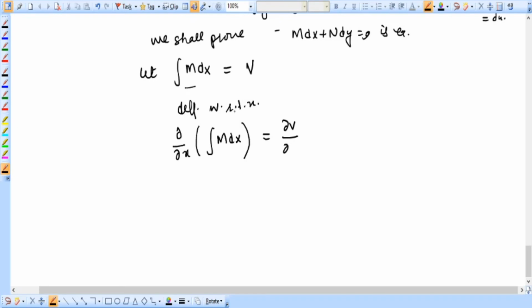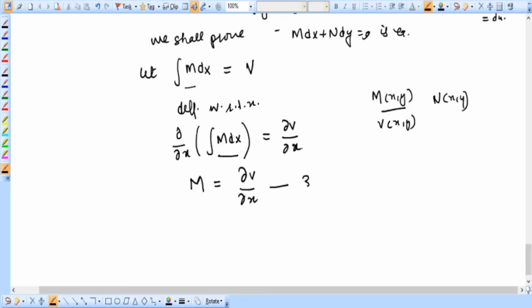d. Why are we using partial differentiation here? Because we are working in a two variable system, right? V is also a function of two variables, and n is also a function of two variables. That's why we are using this partial derivative, v over x. Now you see this differentiation and integration would get cancelled, and you will be left with m on the right hand side and m on the left hand side. Give this equation number 3. We are going to use it later.